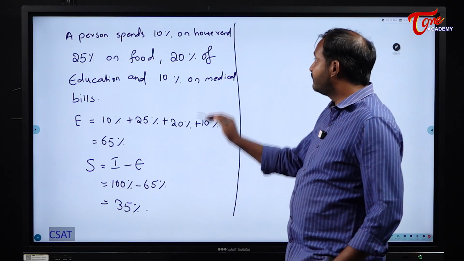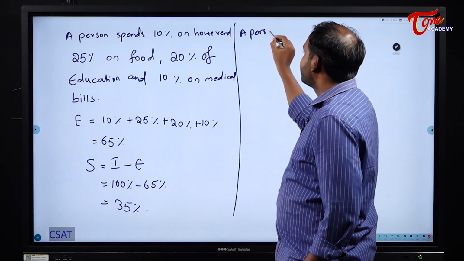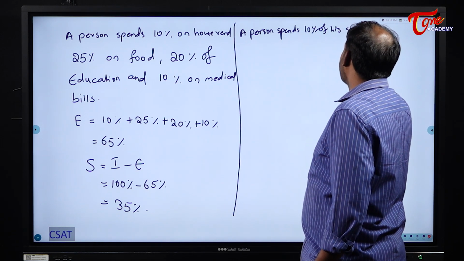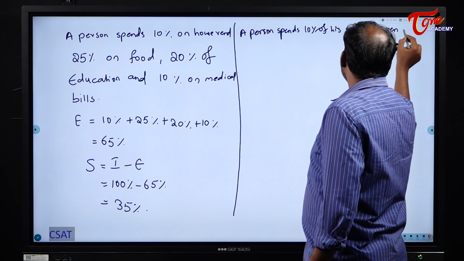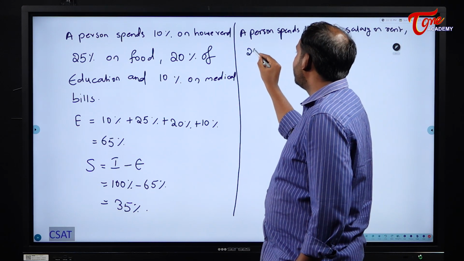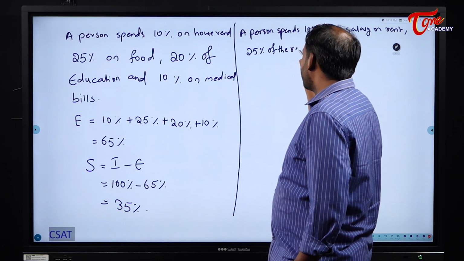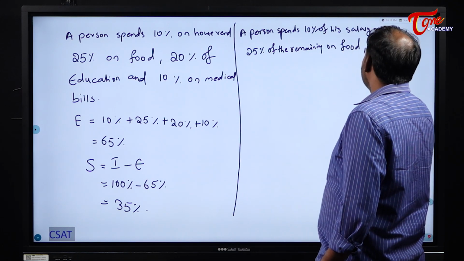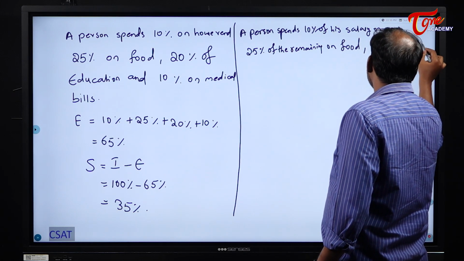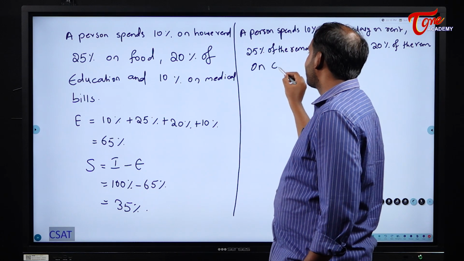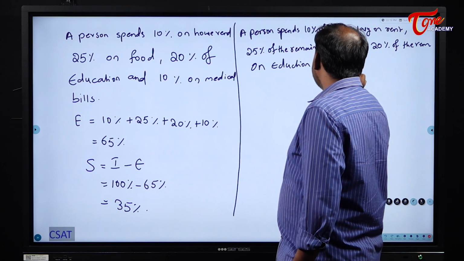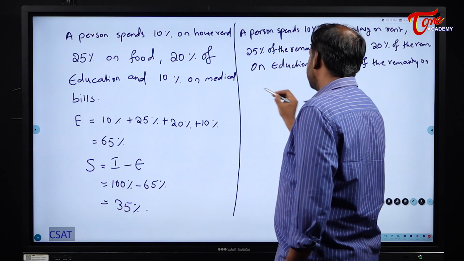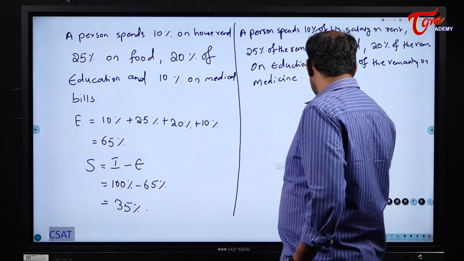Now, for example, if the question is: a person spends 10% of his salary on rent, 25% of the remaining on food, 20% of the remaining on education and 10% of the remaining on medicine. What is his overall saving? If this is the question. Now